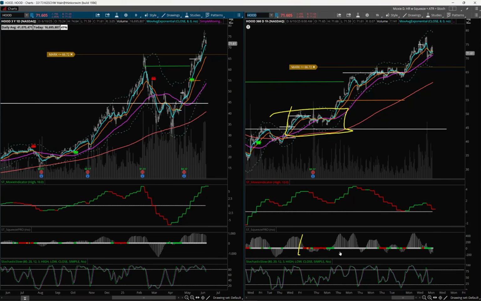Well, look at this. We get a squeeze. And in through there, we even get a high compression squeeze. So really, it's telling me something's going to happen. And sure enough, once we finally got back up over these moving averages, boom, we get that big move. And you can see that squeeze really carried Robinhood up higher and really propelled this. And you can even see along the way, there were a couple other squeezes that helped propel this thing